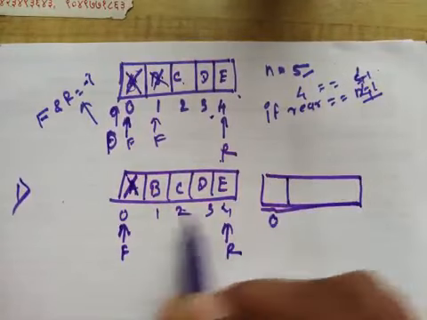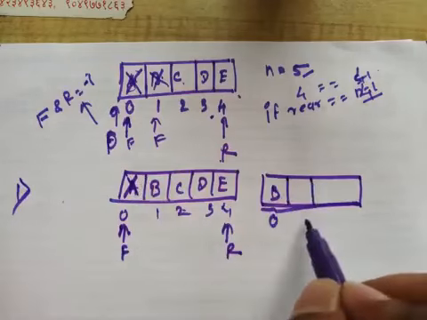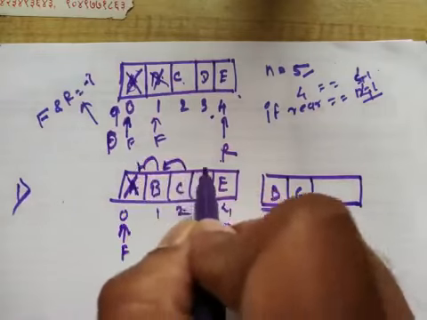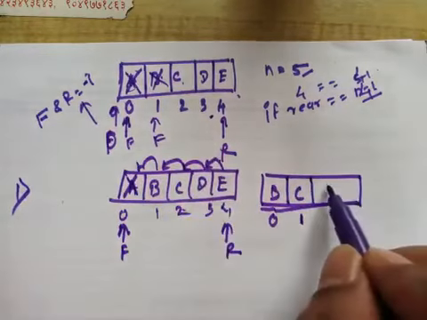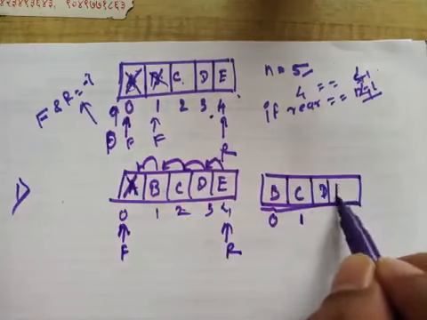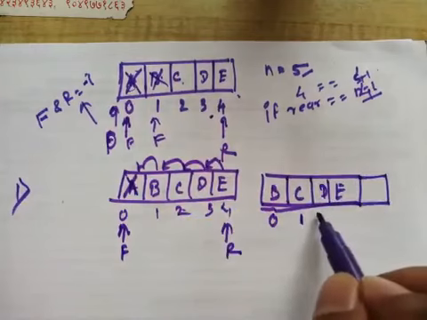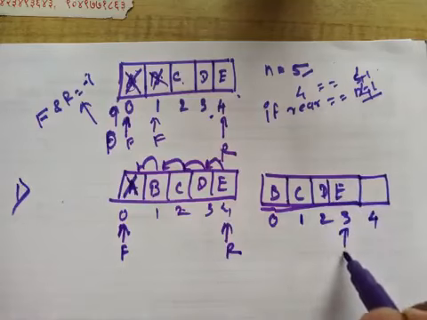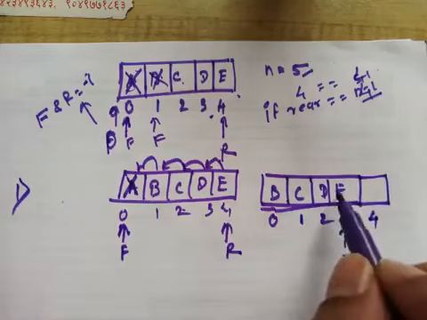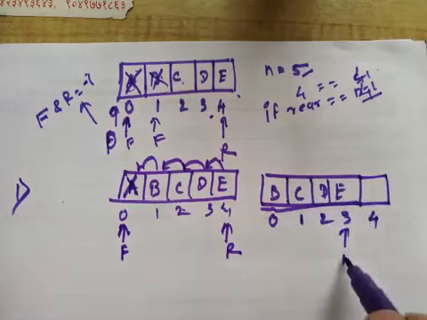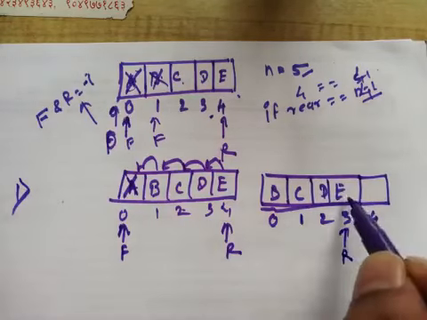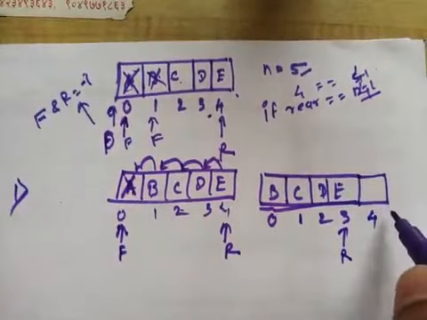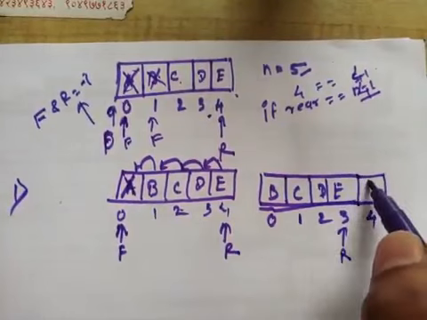So at index 0, B will be shifted, at index 1, C will be shifted, meaning we shift each element by one location. Here comes D, and here comes E, and this is the last index. So 0, 1, 2, 3, 4. Obviously, when we shift, we shift the variables' values also, so rear will point to index 3. Now suppose we insert an element into the queue, we can insert one more element.